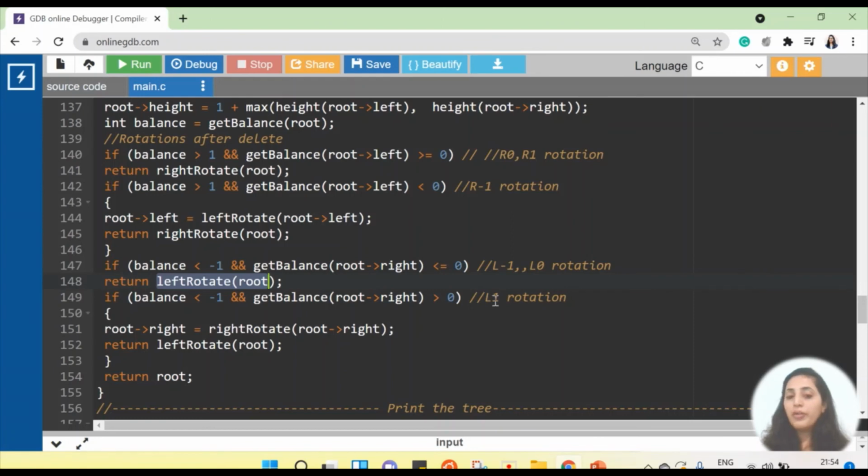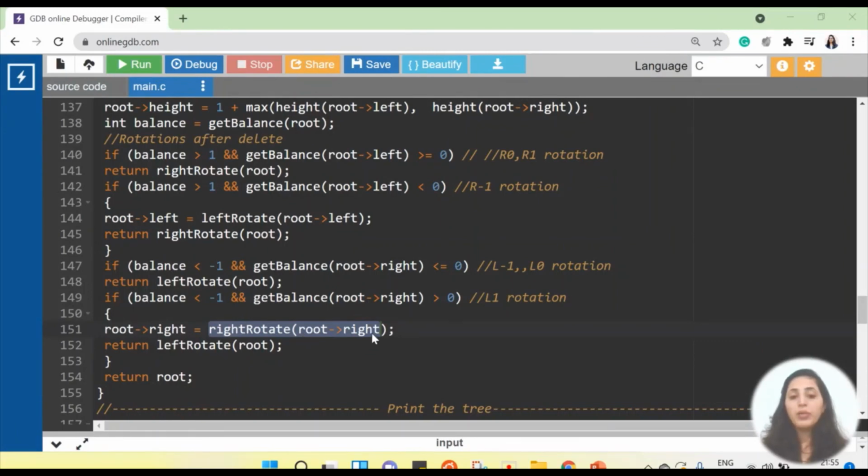Okay, और L1 rotation में क्या होगा? हमारा balance factor -2 है और root के right में, okay, the root का right is greater than 0, that means 1 है. Okay, so if your balance factor is -2 and root का right is 1, which is L1 rotation, I will apply 2 rotations.